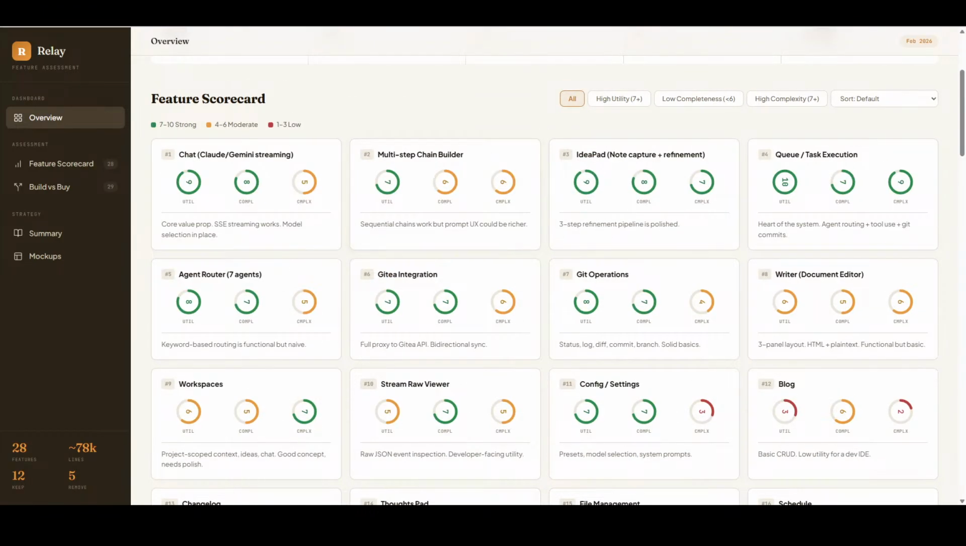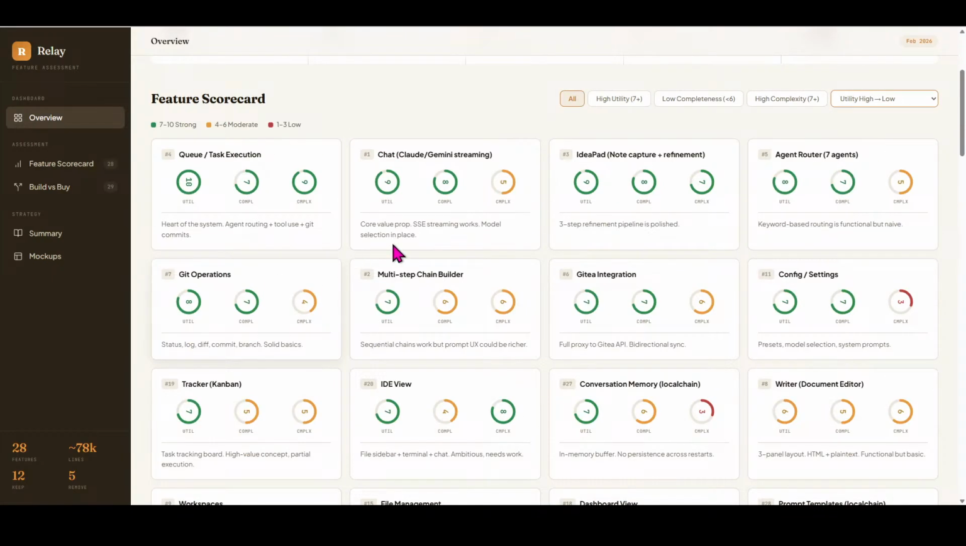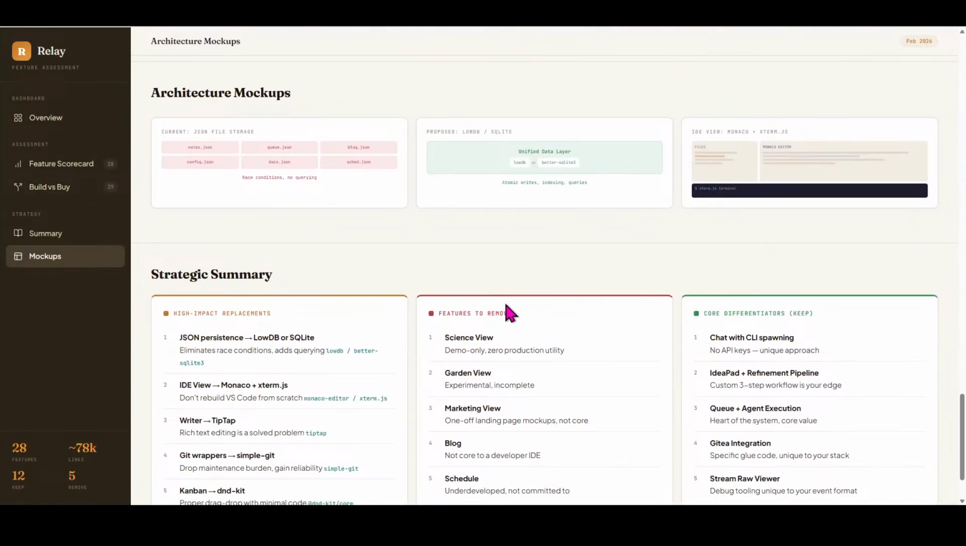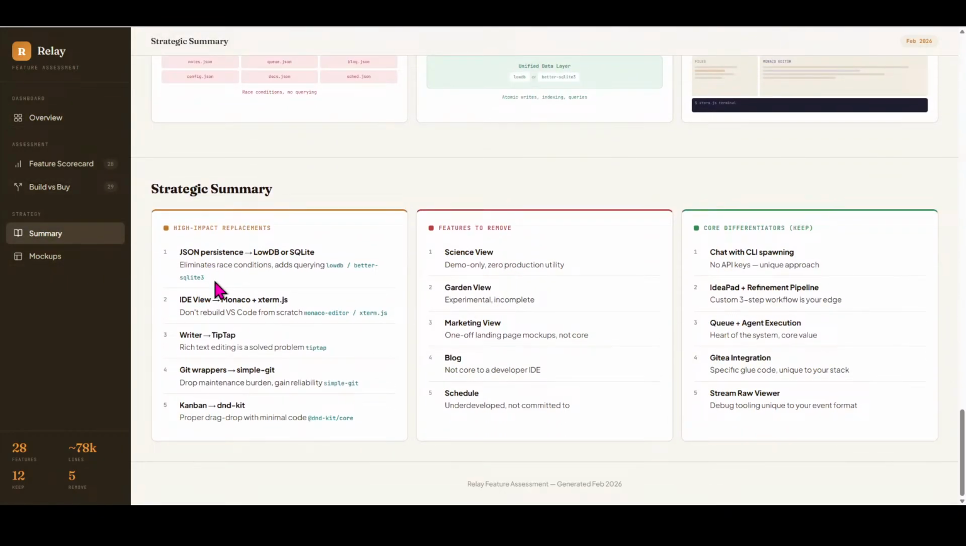Well, utility high-low. I think it would look better with bar graphs. It also will have some suggested feature bundle to keep for release 1, and the rest we can have as nice to have. But we want the MVP, a suggested MVP bundle. And then we have the mockups, and we'll have a strategic summary. So this is what we can replace. And then,